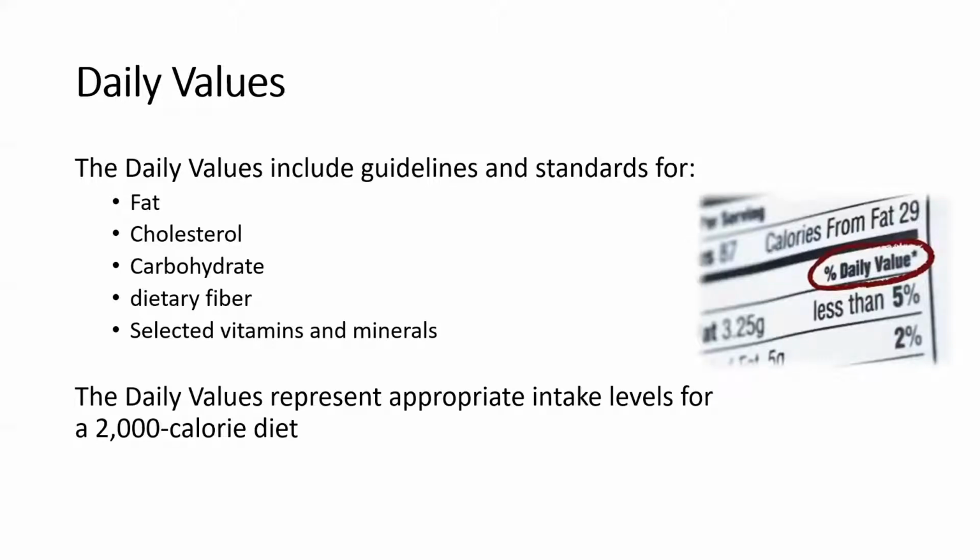But when it says the percent daily value, that is based on a 2,000 calorie diet, which is not the diet for most athletes that we'll work with. But we can take this as a reference. I want you to pay more attention to the grams of each of these, especially fats, carbohydrates, and protein, as well as the vitamins and minerals, depending on what we're trying to watch. Fat, carbohydrate, and protein are the crucial macronutrients, and we need to watch how much we're consuming and consume the correct proportions of each.